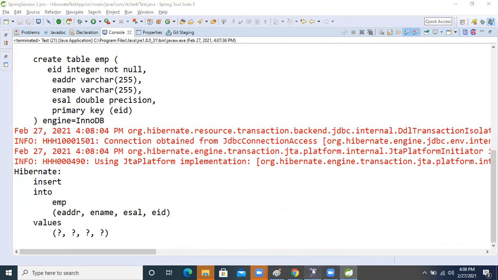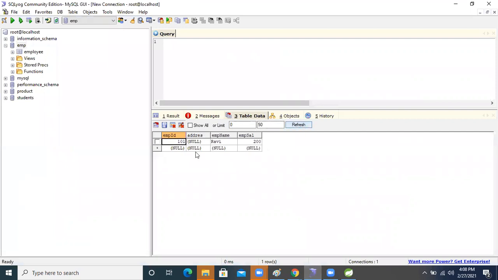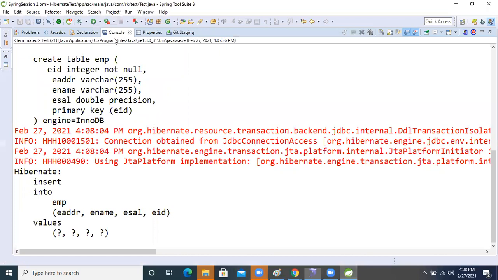Okay, come to the database and refresh it. See, eid, address, ename, cell, have all those things become as expected or not? Wait, one minute, something went wrong.